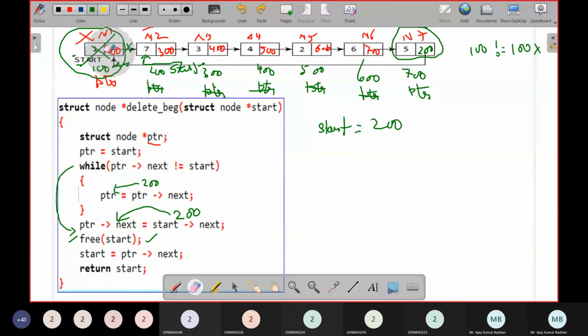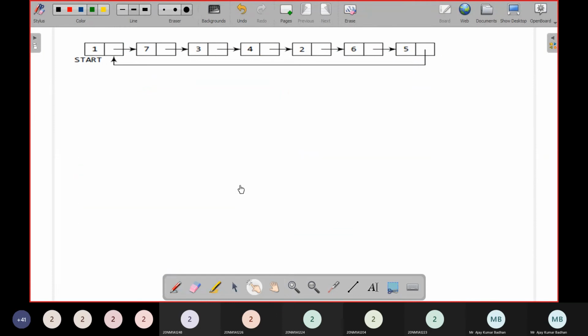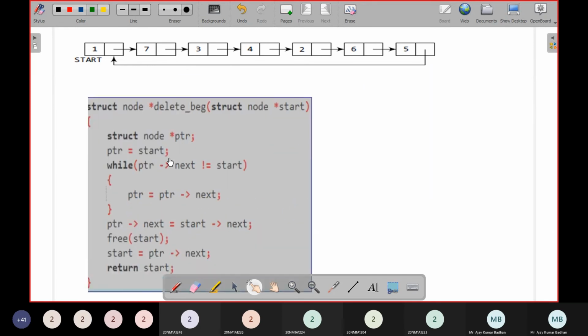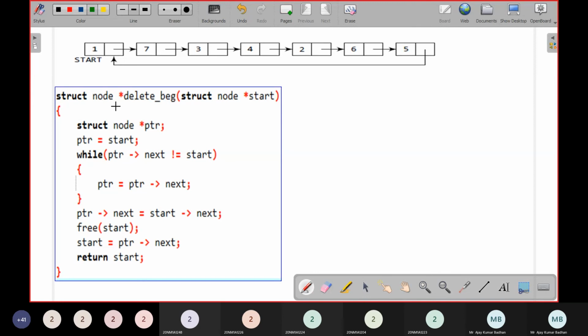Okay, let me erase this because I need this. This one I need to delete, and this is the one which we require here. Now you can see here very clearly. The address of this node, what I'm writing is 100. Same as before, no changes. Now I want to remove this particular node. So definitely you know that the address of this node should be pointing to the first one. That's it. Your task is completed.